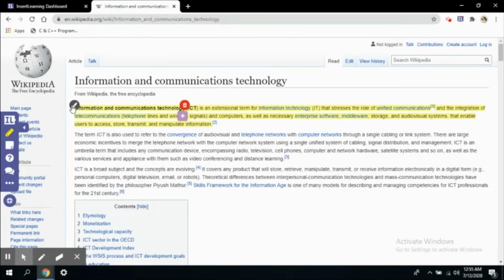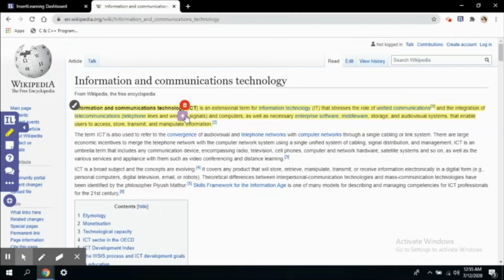You can see a brush here. When you click on the highlighted text, a brush is available. When you click on the brush, you can change the highlight color. It has changed to green, to cyan, and back to yellow. So whichever color you like, you can use it accordingly.